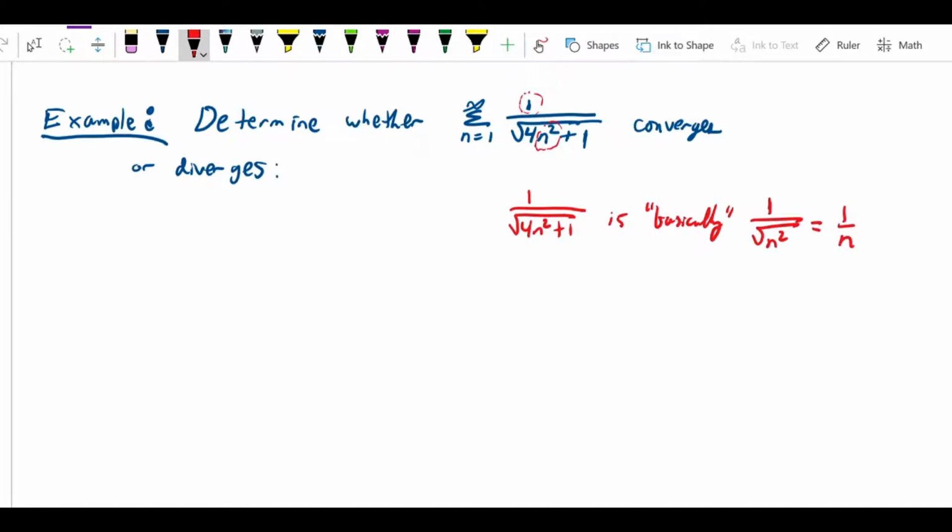There are a lot of things wrong with that statement. I can't say that it's approximately equal to this because I'm ignoring this 4. I certainly can't say it's exactly equal to this because that's not correct algebra. And there's not really a good way to say why it's basically this expression, but the point is that when